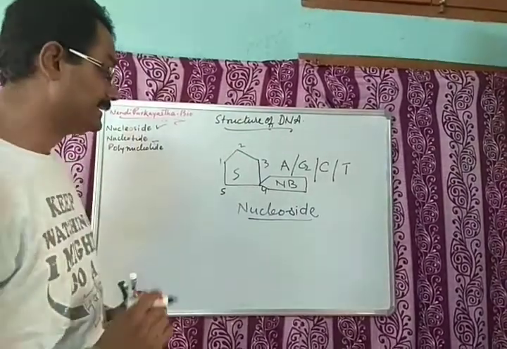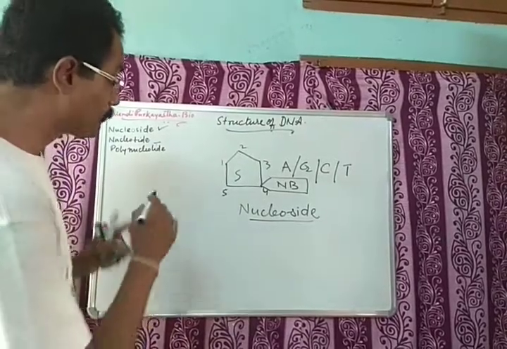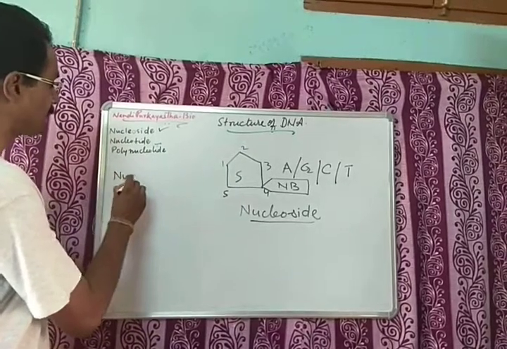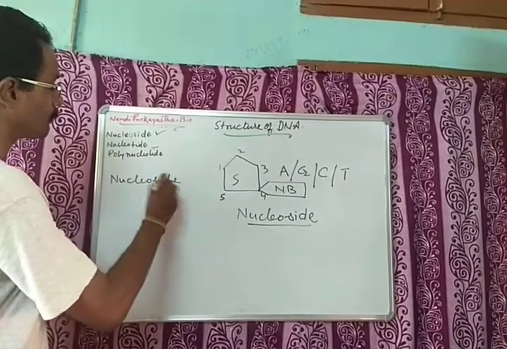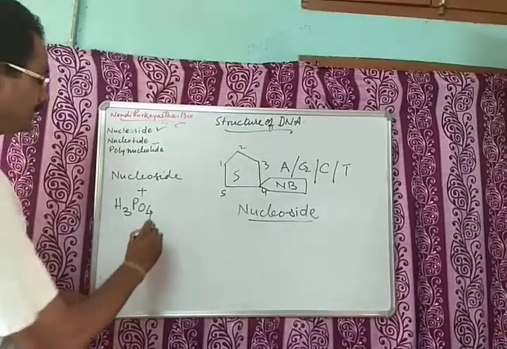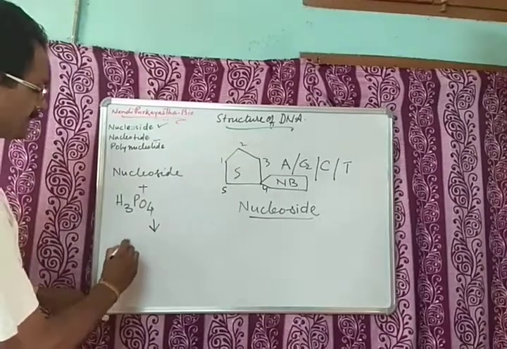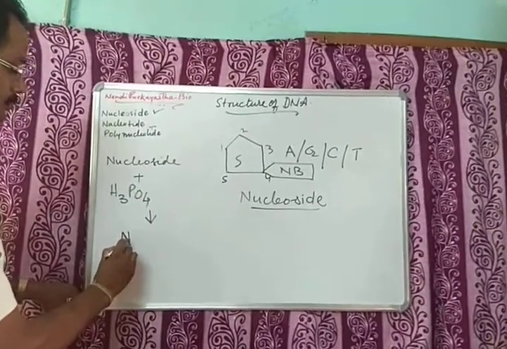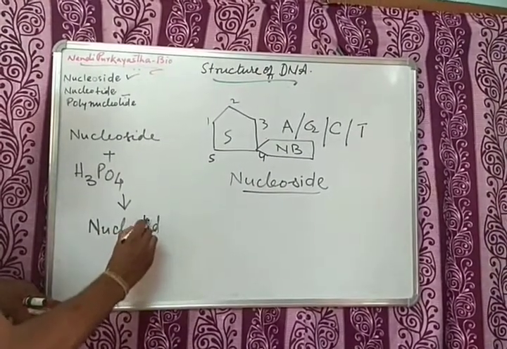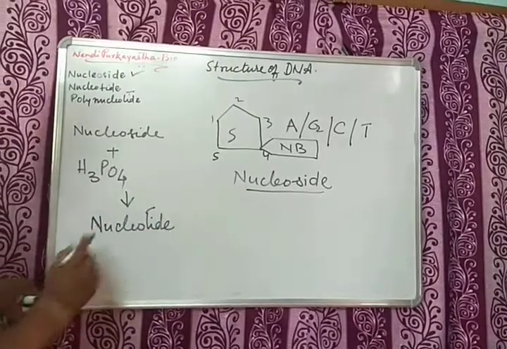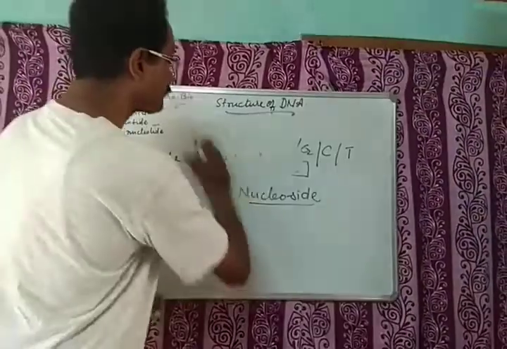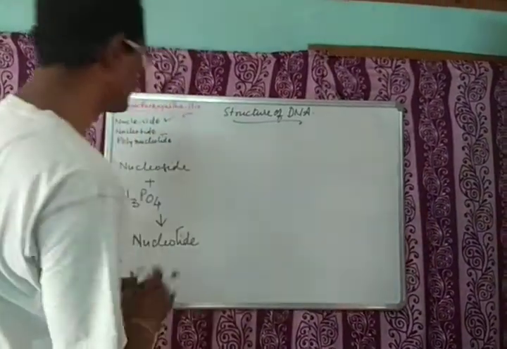What is a nucleotide? Nucleoside plus phosphoric acid. I am writing here: nucleoside plus phosphoric acid, H3PO4, produces nucleotide. It forms nucleotide. How does it form? Let's have the idea. See, this is